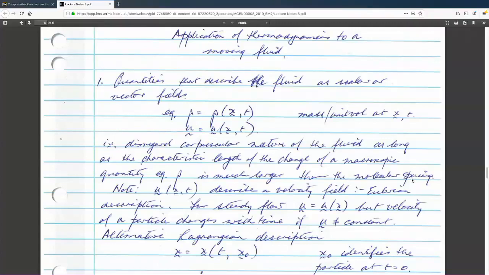So what we are doing is we're disregarding the corpuscular nature, namely the fact that the fluid in this room is made up of a whole lot of molecules. How many are there? Well, I'm going to show you how many there are. It's a big number. But we're going to disregard the corpuscular nature of the fluid as long as the characteristic length of the change of a macroscopic quantity, for example, rho, is much larger than the molecular spacing. So if the molecule